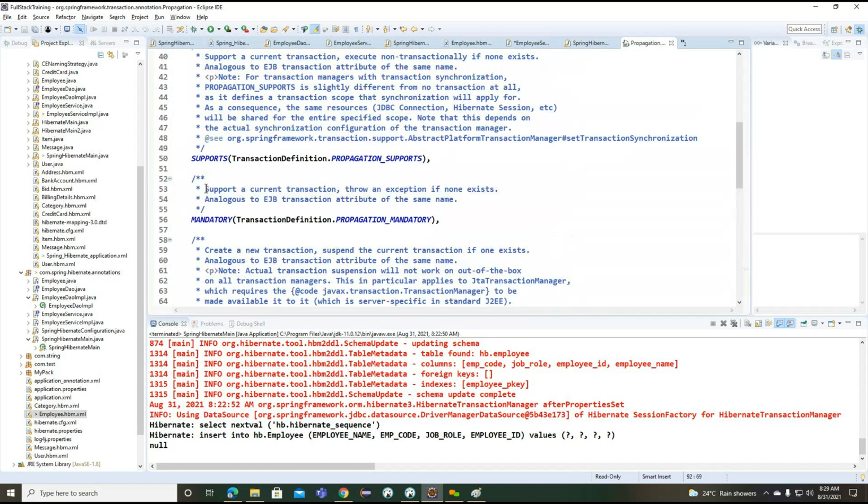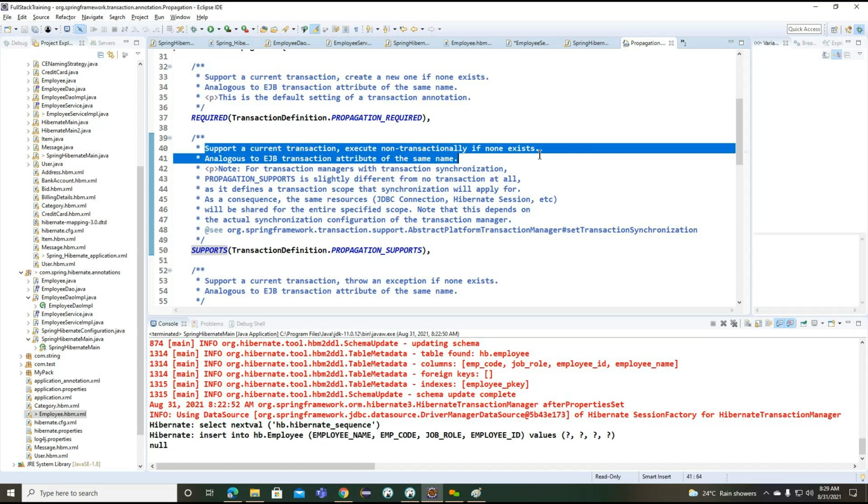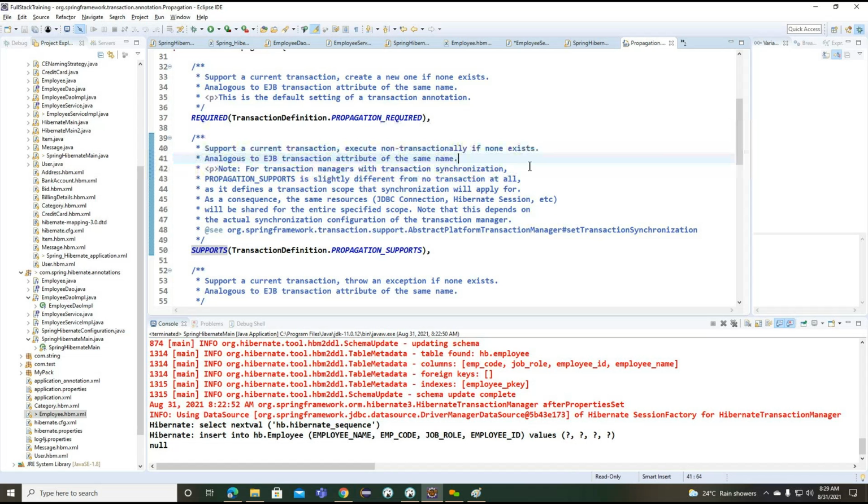And now you can see mandatory. What do you understand again? It supports the current transaction. If the current transaction is not available, it will throw an exception. And supports is a simple one. It's not going to throw any exception. Basically, it will support the current transaction and execute non-transactionally if no transaction exists.